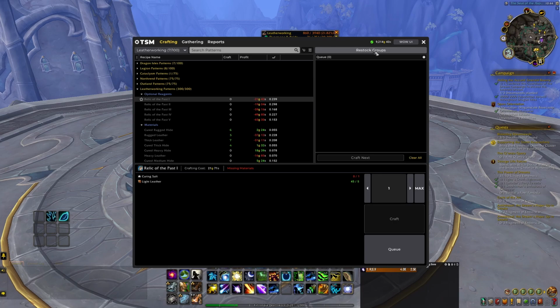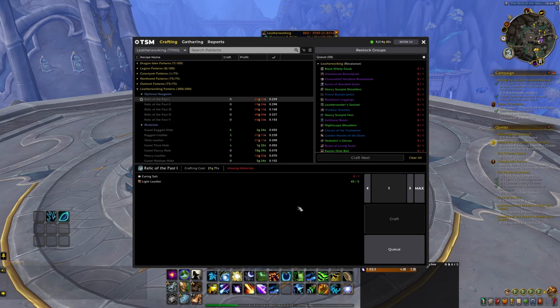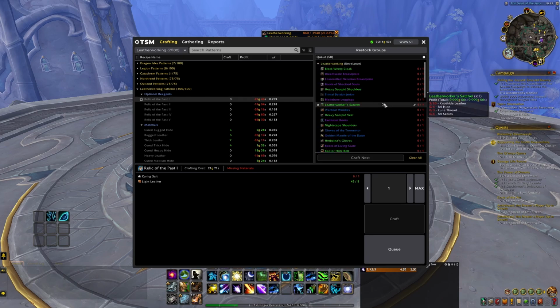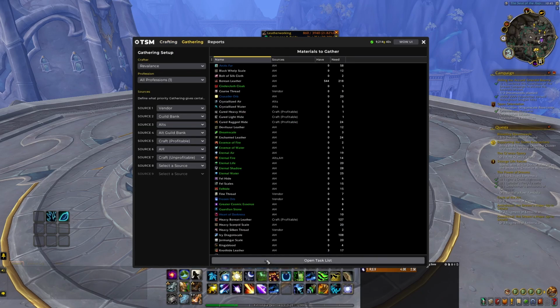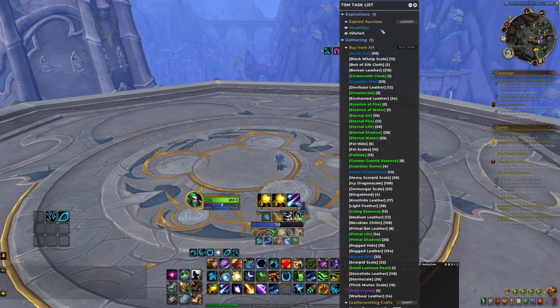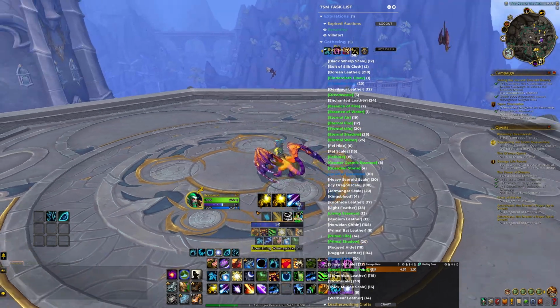You're going to go to restock groups right here. You're going to select your leatherworking group, and this will use your crafting operations that you've made to pick out a bunch of items that you need to craft. So right here, as you can see, it's got a list of everything I need to craft, but there is more. You can go to gathering and then open task list. And what this will do is it will have all the materials